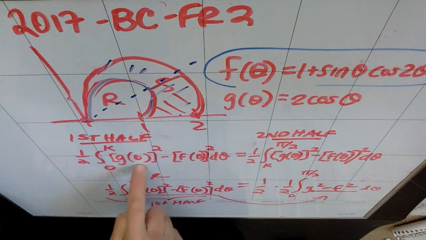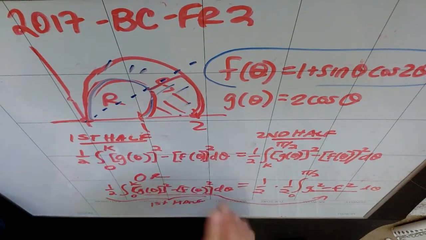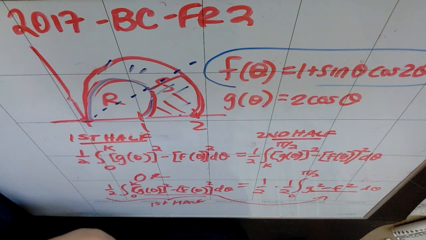I personally like "first half equals the second half" because I always feel like someone's going to forget this half when they're writing it, because the half of a half can make your brain go all crazy and befuddled. Okay, so part C, and they didn't ask me to solve for K or anything, they just wanted me to set them up. Part C, for each theta, inclusively between theta is 0 and pi over 2, let W of